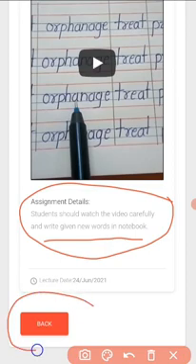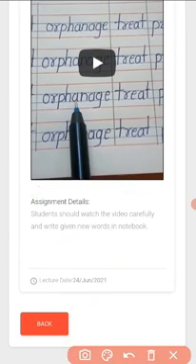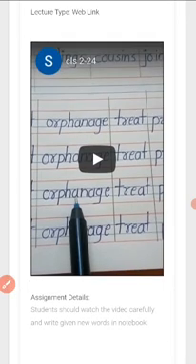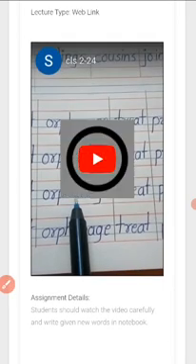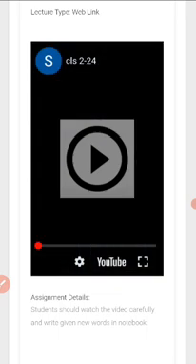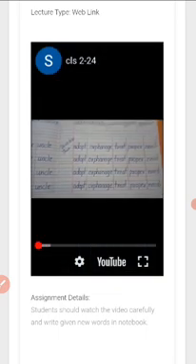Then below it is a back key, you can go back to see the next video also. First I will show you how to start this one. You have to click on the play button. When you click on the play button, your video will start and the teacher's instruction will start. You can stop and see all these words also and note them down.